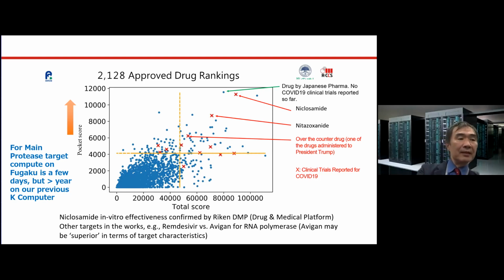So we can actually have some countries or some group of pharmaceuticals try to provide evidence. And the computing requirement here would have taken more than a year on a previous supercomputer, but on Fugaku, this is a matter of just a few days to compute for one drug target. So we're further doing some other target studies, and also collaborating with our experimental arm to see their effectiveness in vitro and in lab tests. And hopefully we can come up with these drugs, which could not only act as a cure, but as a preventive measure to prevent people from getting these diseases, and hopefully supplement vaccines and be administered to high-risk